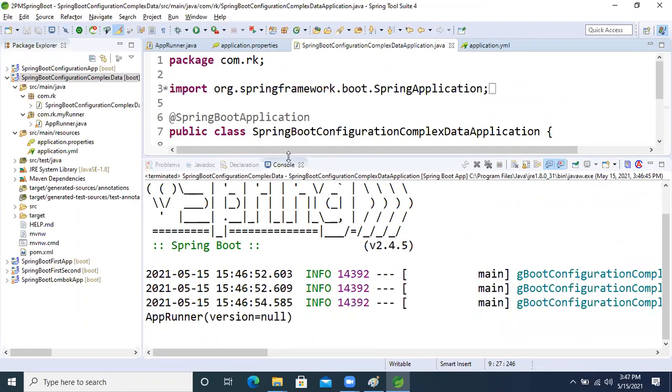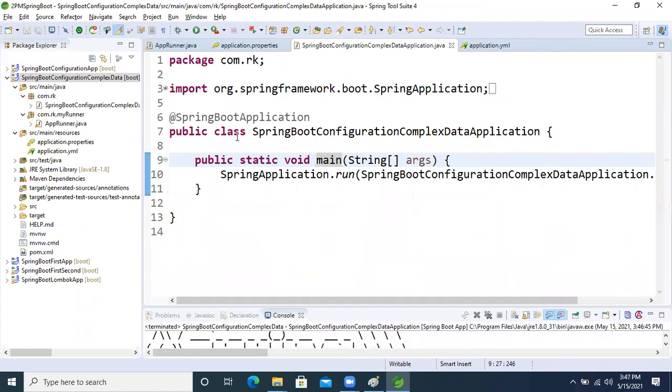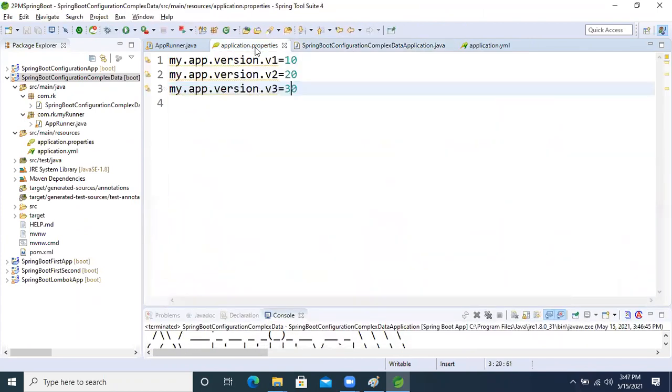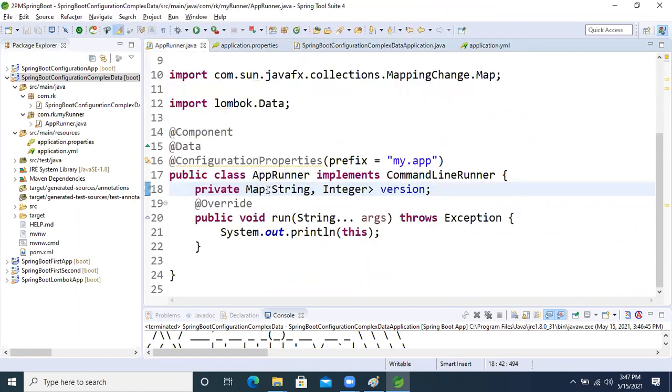Null means our property file is not able to recognize our application. One minute, something is wrong. Okay, Control Shift O. Fine now. Prefix my, okay, version.